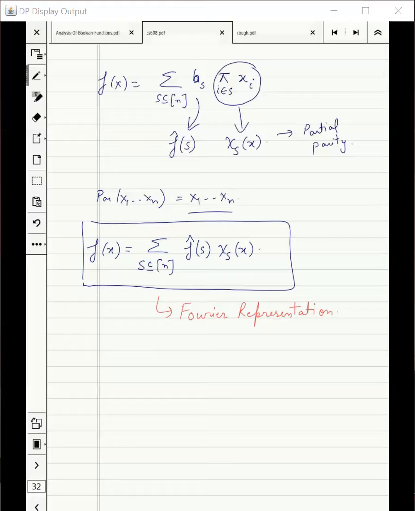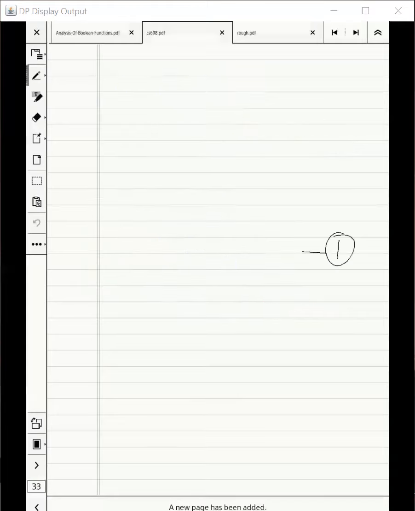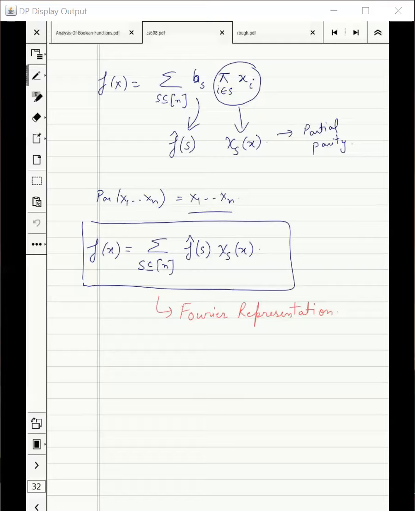Then the domain we are interested in is minus 1 comma 1, right? If we take the representation of parity, the range for parity would be minus 1 comma 1. It will not use anything else. But if you look at this equation 1, since f at s is any real number, that means the range is the complete real numbers, right?